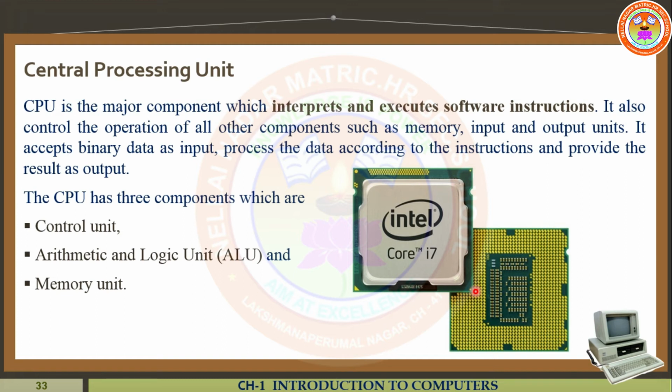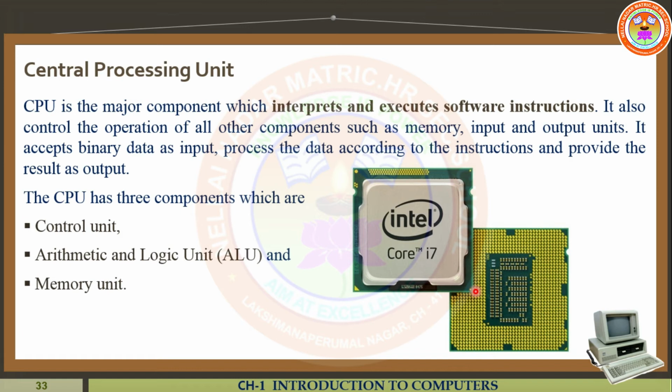That is the main purpose of the CPU. It also controls the overall operations, the operations of all other components. In your computer, there are different types of operations, and all of them are controlled from this unit, which is known as the CPU. In this CPU, we have three different types of components. These three components work inside the CPU. Don't forget, my dear students.